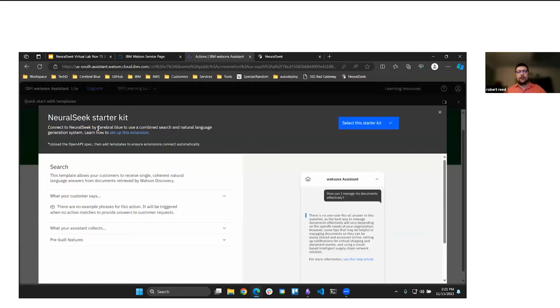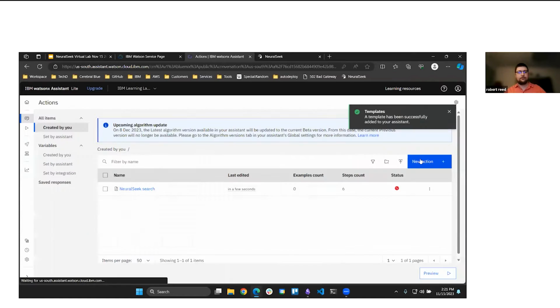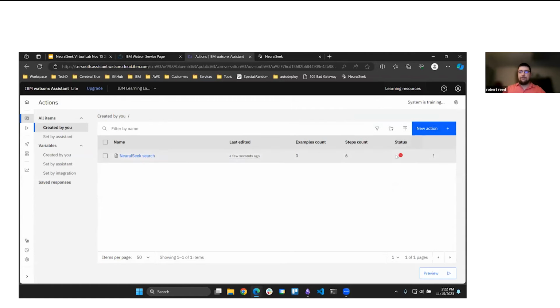A little bit of info about Cerebral Glue, NeuralSeek, and the starter kit. So we'll grab this starter kit. Add templates. And now you'll be at the actions page again, and you'll see our new action, NeuralSeek search. Now, we're not done yet. You'll see that the status is red, and it says that we're missing an extension. So we're just going to click on this action,